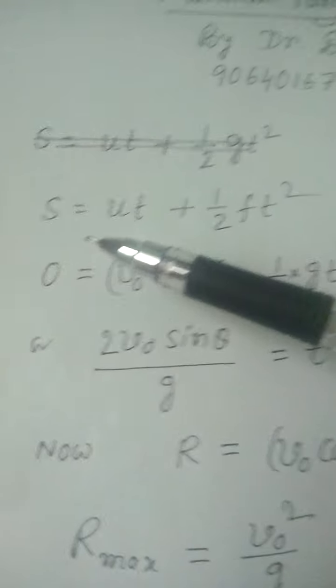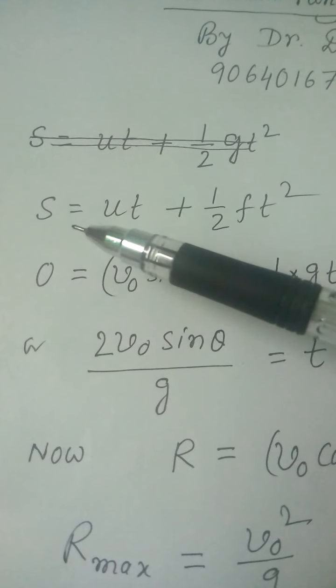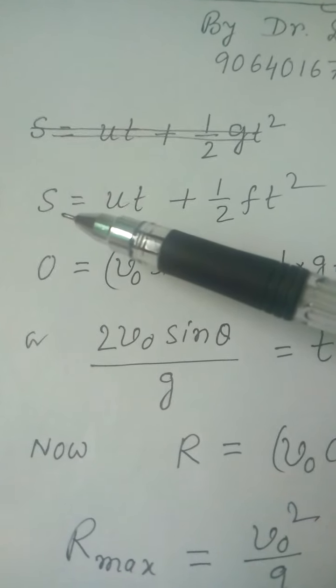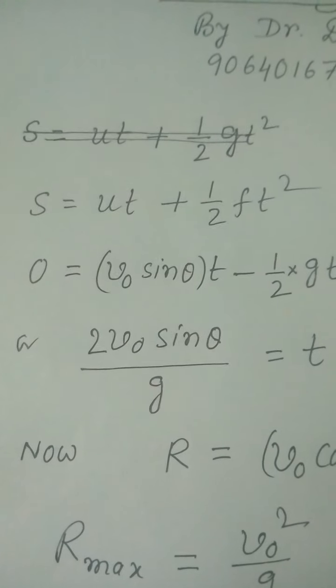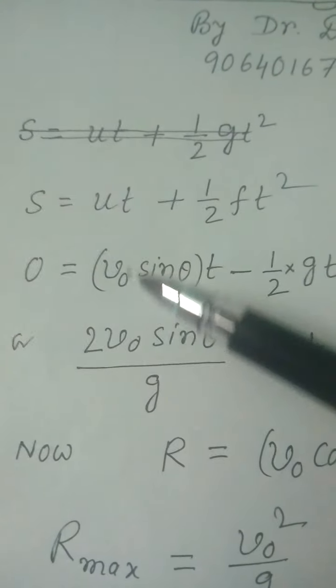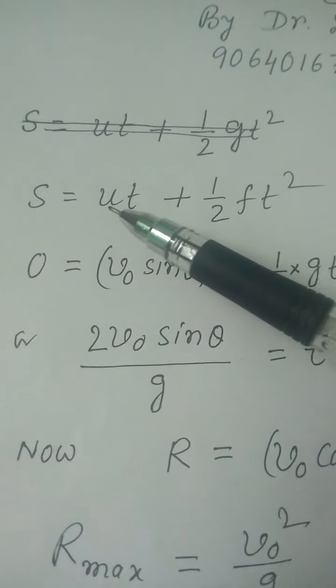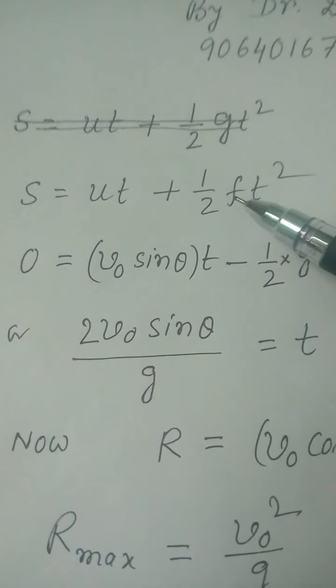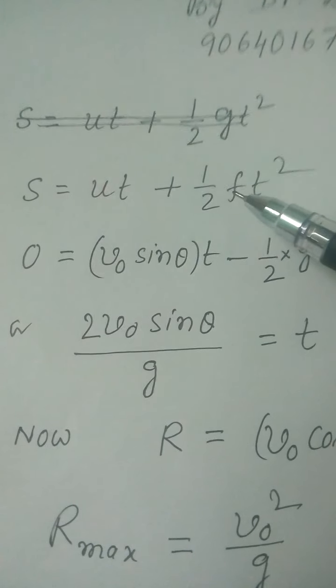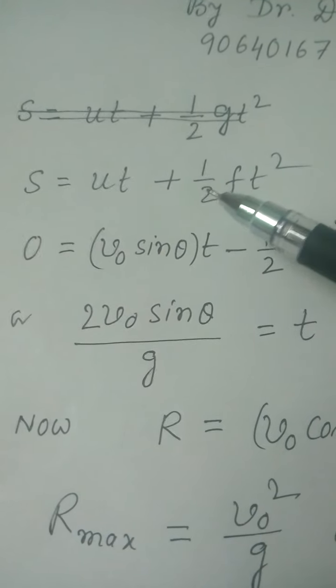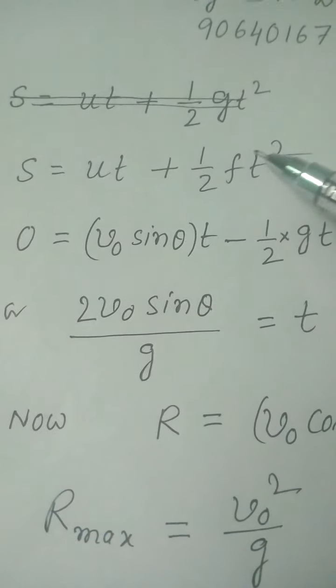So you have, from basic school mathematics or school physics, s is equal to ut plus half ft square. This is the initial velocity, and this is the acceleration when a particle is in motion. Of course, this can be extended to 2 dimensions also. Now this is a 2-dimensional motion.